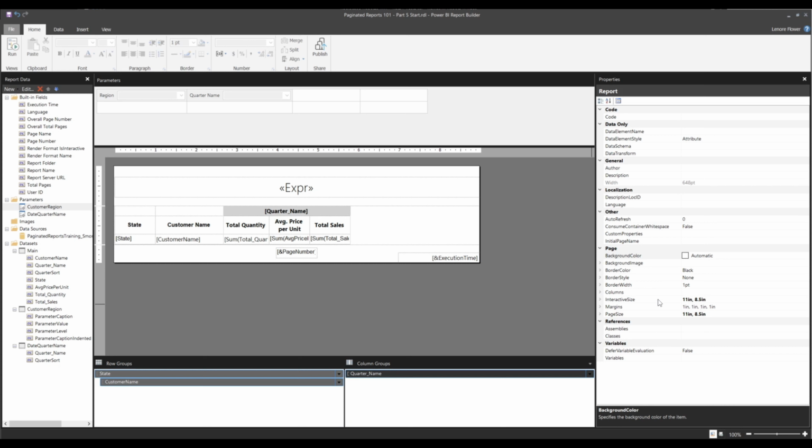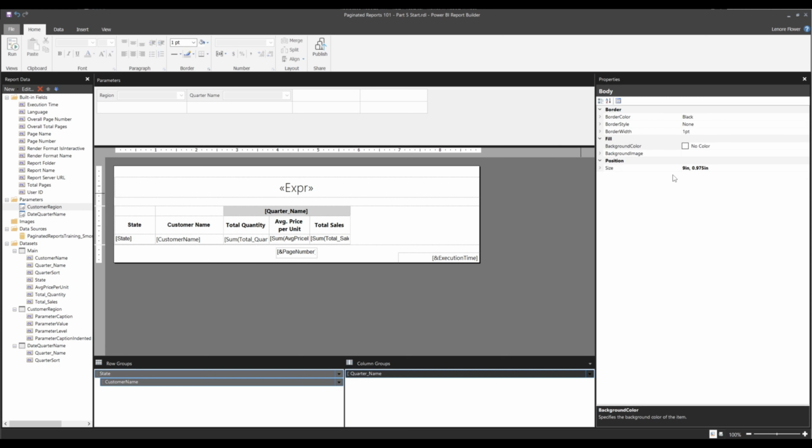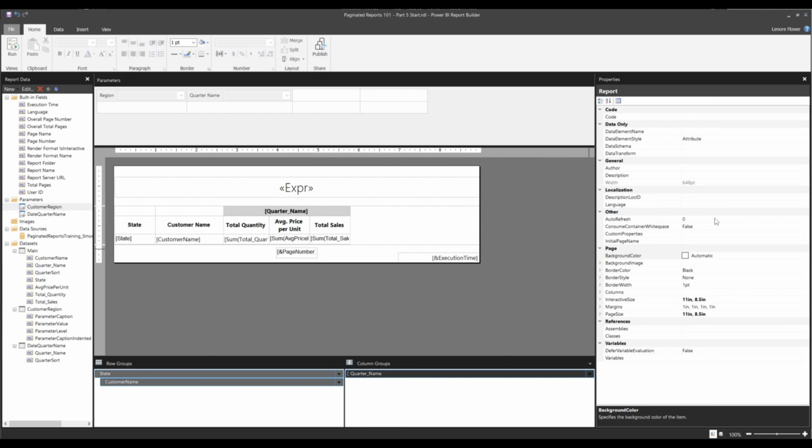11 inches minus 2 for each of the margins does equal 9. If we click on the body, we can see that that's 9 inches, so we're good. What we missed is adjusting for that consumed container white space. Down here, it's got a little explanation. Consumed container white space indicates whether minimum white space in containers is consumed or preserved when the contents of containers grow. If I adjust this from false to true,